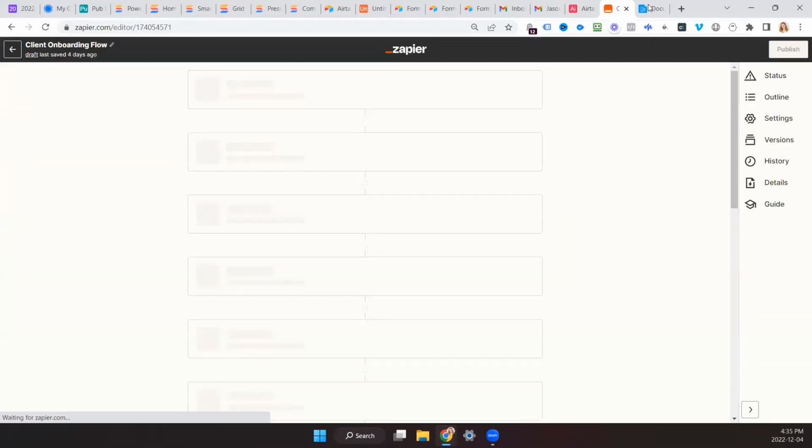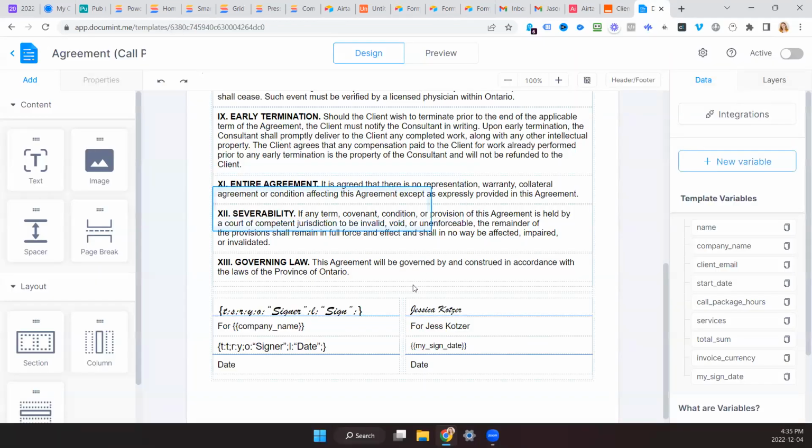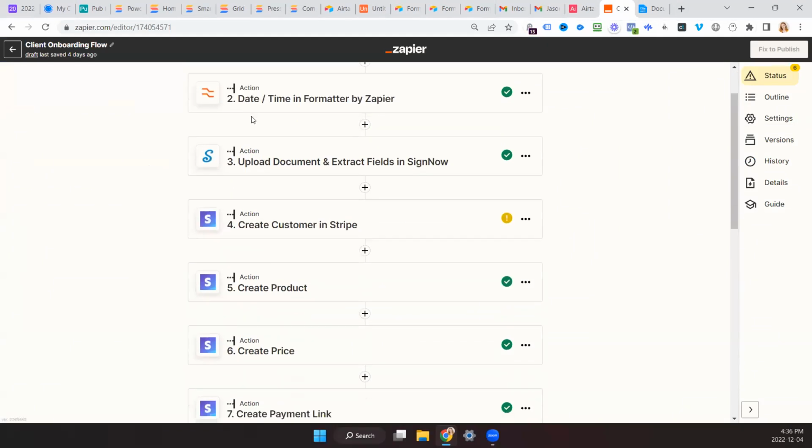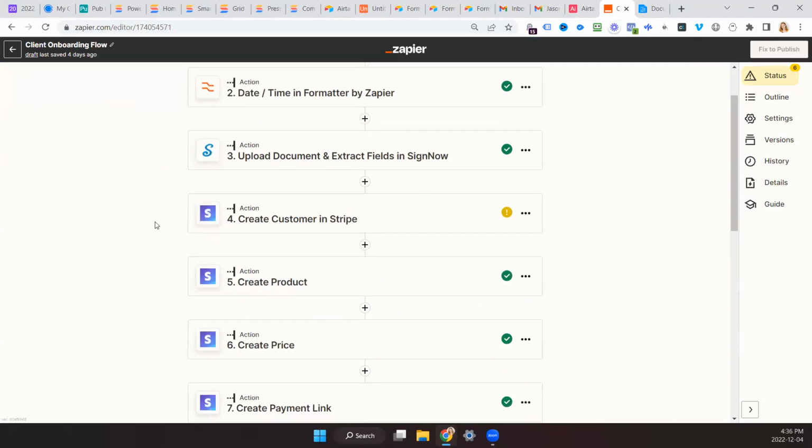So there's another thing, because with document, there's no way to pay. I also want the installment price or the deposit or whatever it is to be added here. So you're using Stripe, so you might want to use something similar to this.